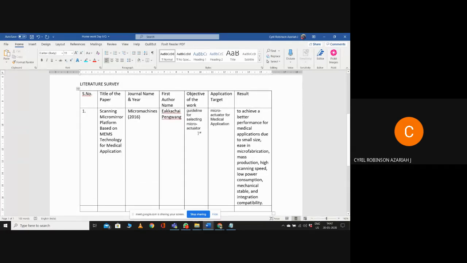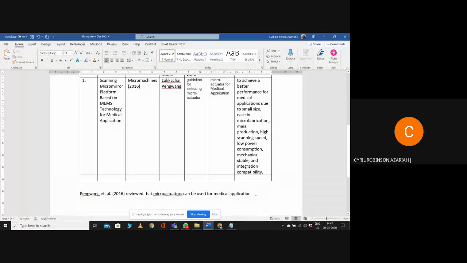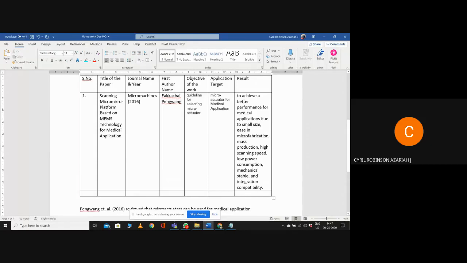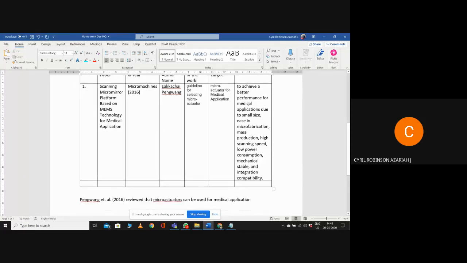What is the objective? This review has given the guideline for selecting microactuators. Okay, and also to achieve better performance. What is the result? To achieve better performance for medical application due to its small size. So those are some points.